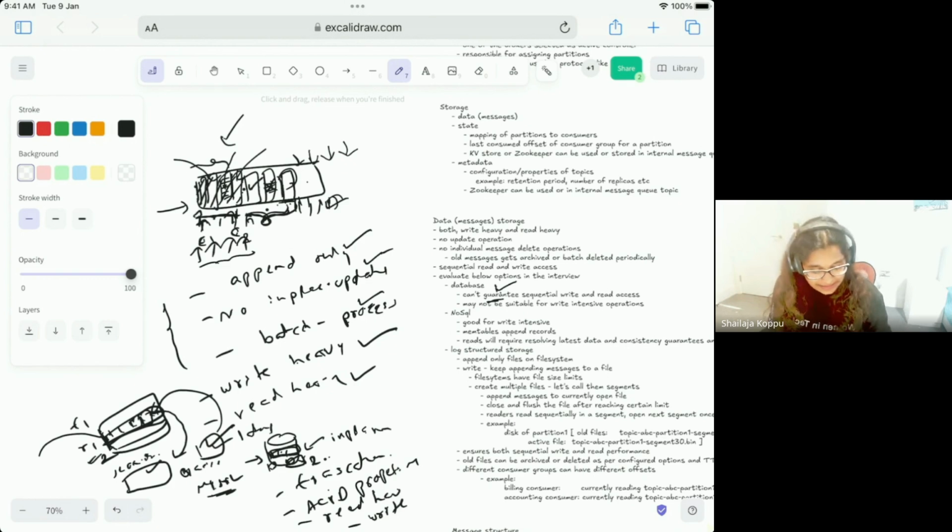But in our message queue, a database is not suitable, because we want something that exploits the advantage of sequential writes, and a database doesn't guarantee that sequential writes are performant, because its internal design is tuned for a different kind of purpose. So let's rule out the database here.